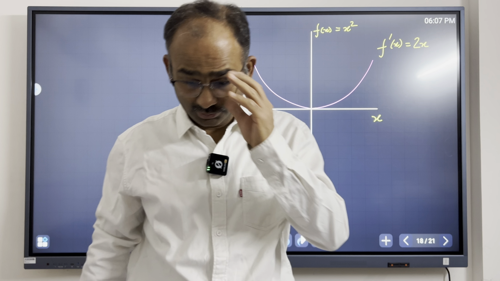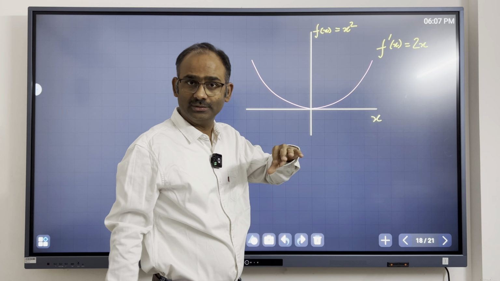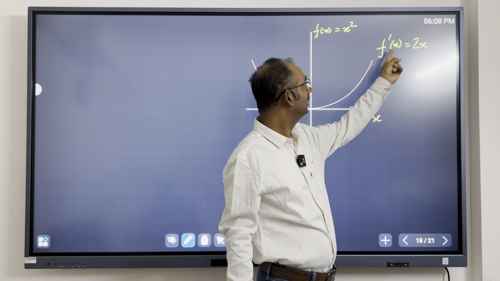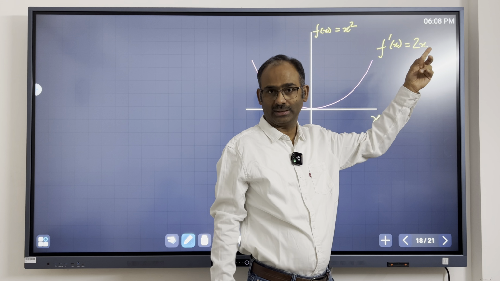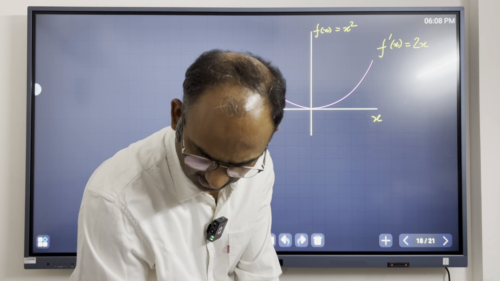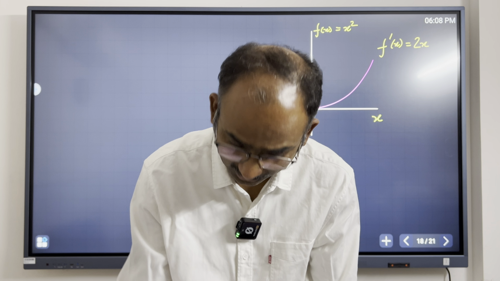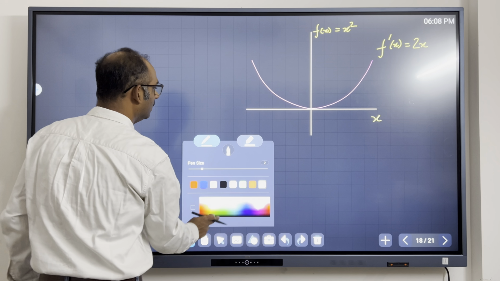Okay. So you remember last time, towards the end of the lecture, I was writing down the derivative of x square, and I showed you that it is 2x. And I think I had also done it for x to the n, for n a positive integer. Yes. So I had shown that